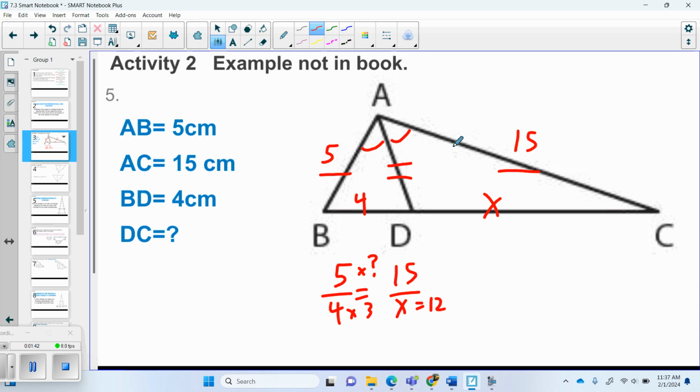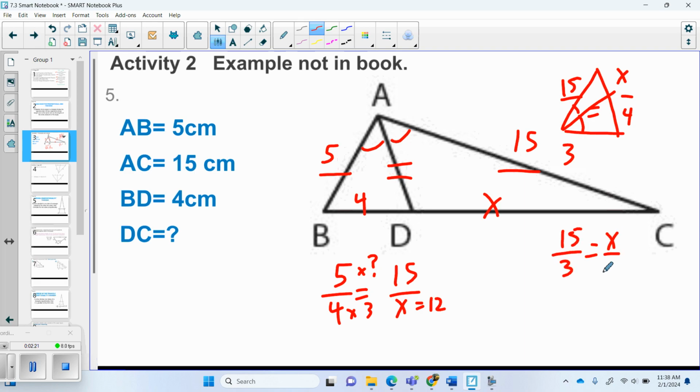So when I'm setting up the equation, I want to write the numbers on the pictures. And then I'll be able to see the equation. This line here, the angle bisector, is my equal sign. I also could set it up if the picture was drawn like this, where this is angle bisector, this is angle bisector. I could also stack them. So if I had 15 over 3 equals x over 4,